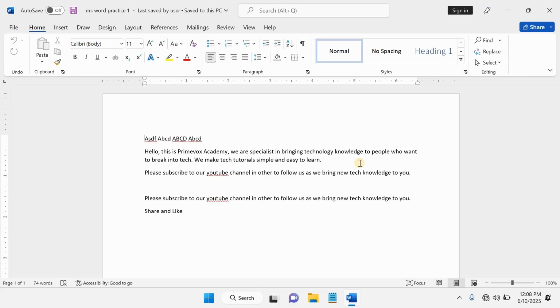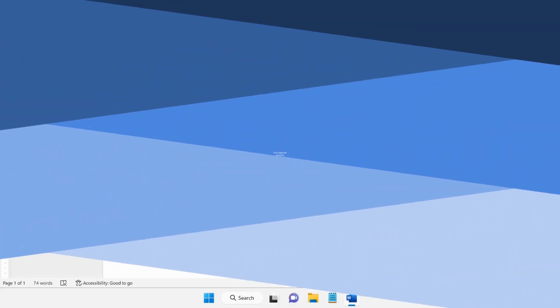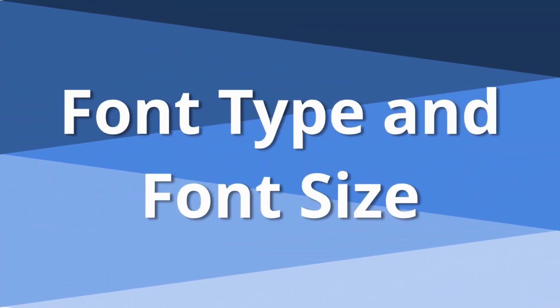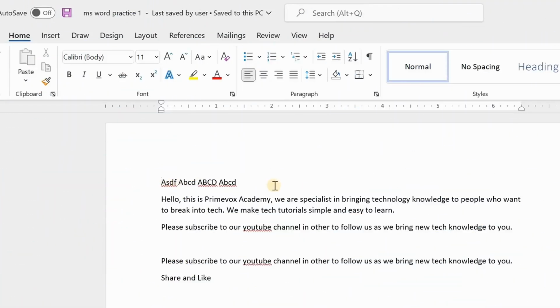Okay? The very first one we are going to start with is font type. Assuming this is our heading, or let me just type another heading. Okay, so this is our heading. If I want to change the font type, I will have to come to this location where we'll have Calibri, okay? But for us to be able to see what I am doing, I am going to first of all